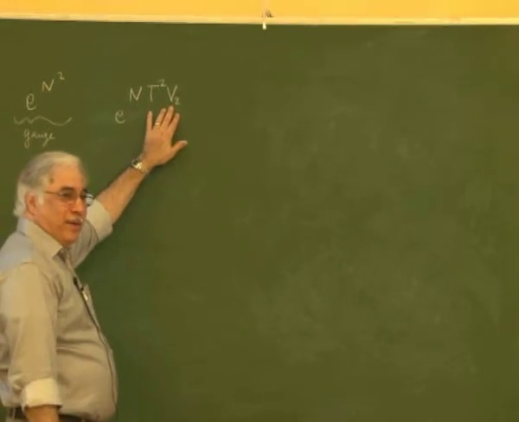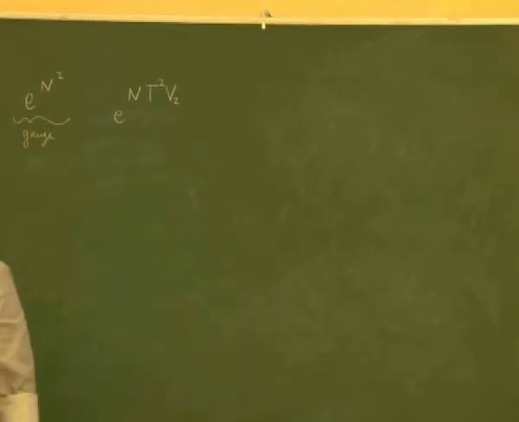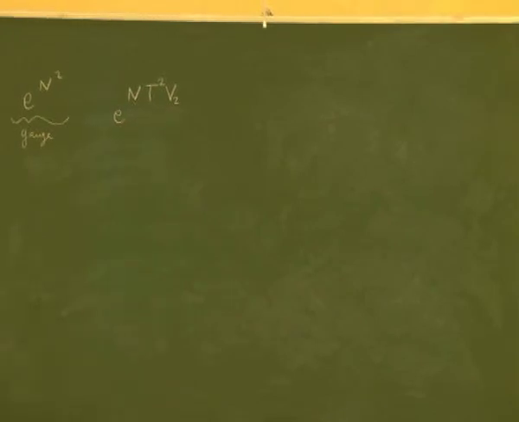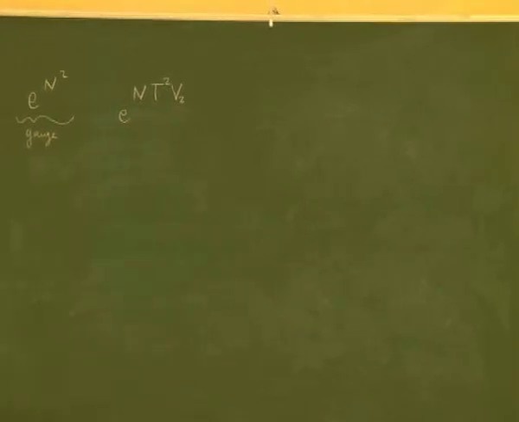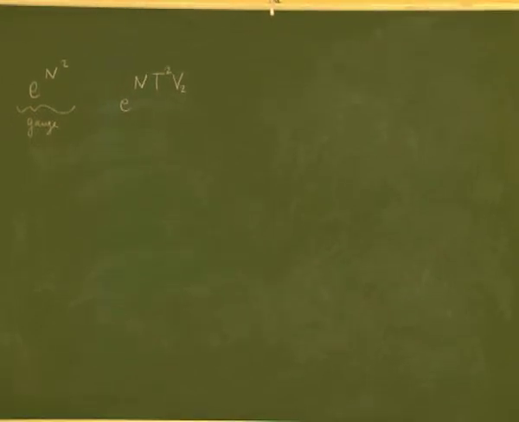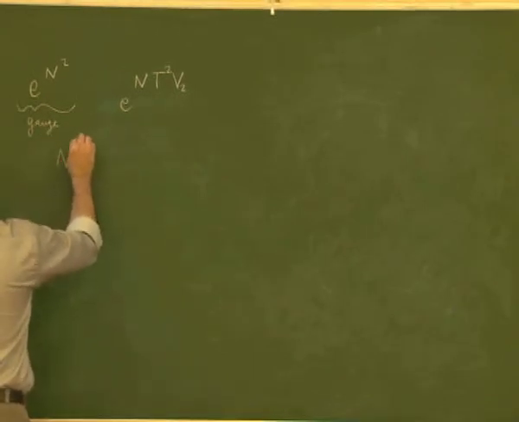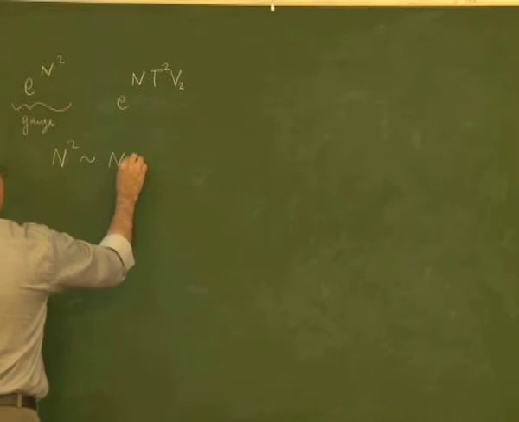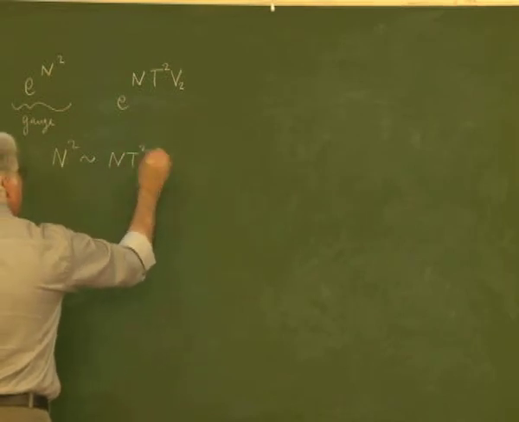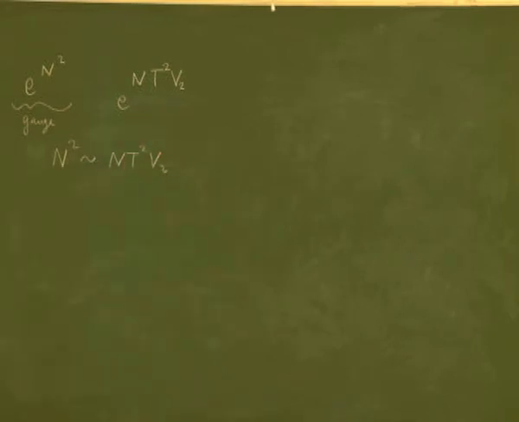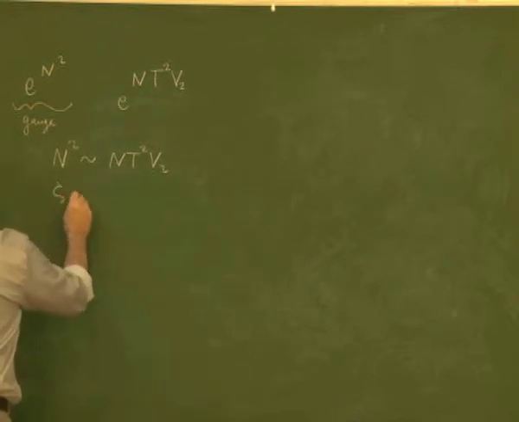And this is a grave error. In fact, even the practitioners of the large N limit made it, because they know that N is the largest number in the problem, and so you've got to be very careful about the order of limits. Okay, having said that, this means basically that N squared must be comparable to N T squared V2 in order to have a sensible limit, which means that I introduce a number